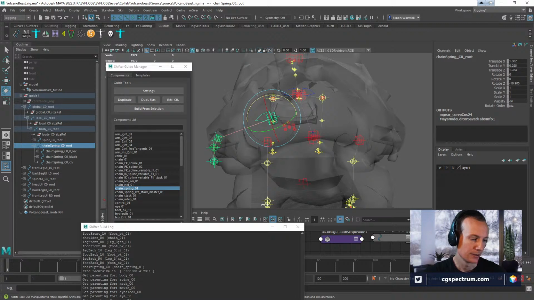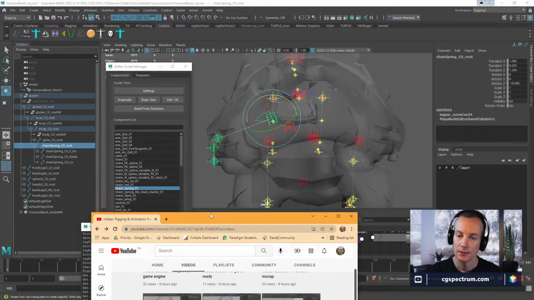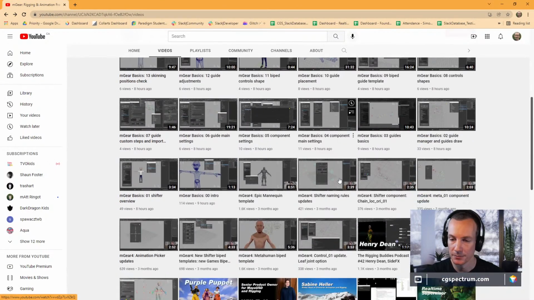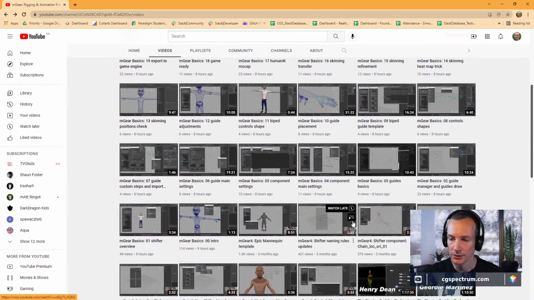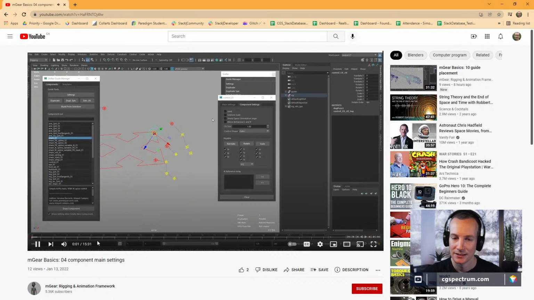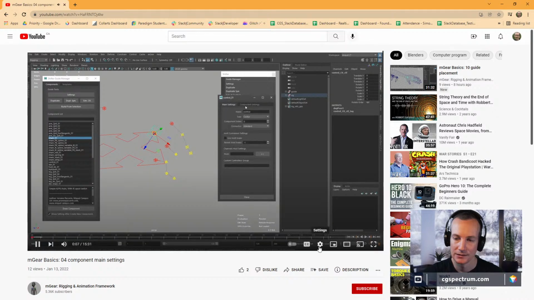Alright, let's see if I can scrounge up where this was in the help documentation, just because that's a frustrating problem. Where was I? It's like way back here. As I said before, the components have these settings that are split in two tabs, the main settings and the component settings.